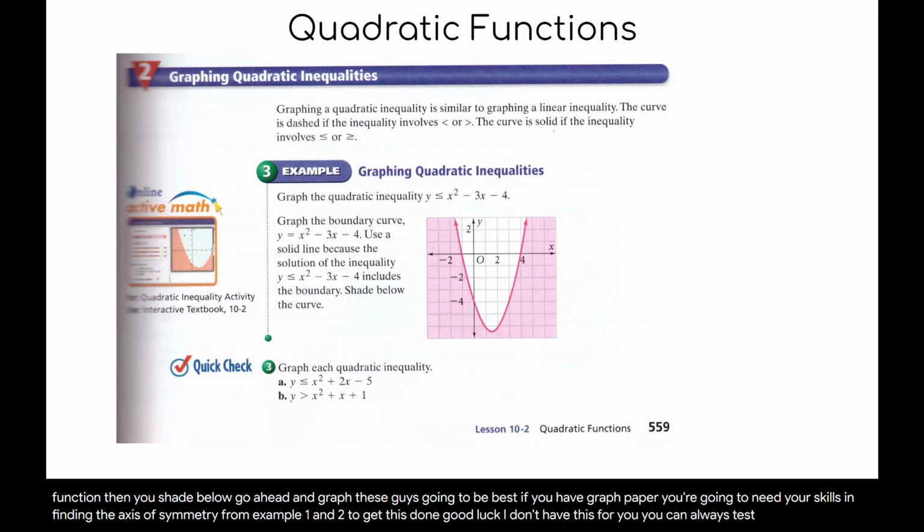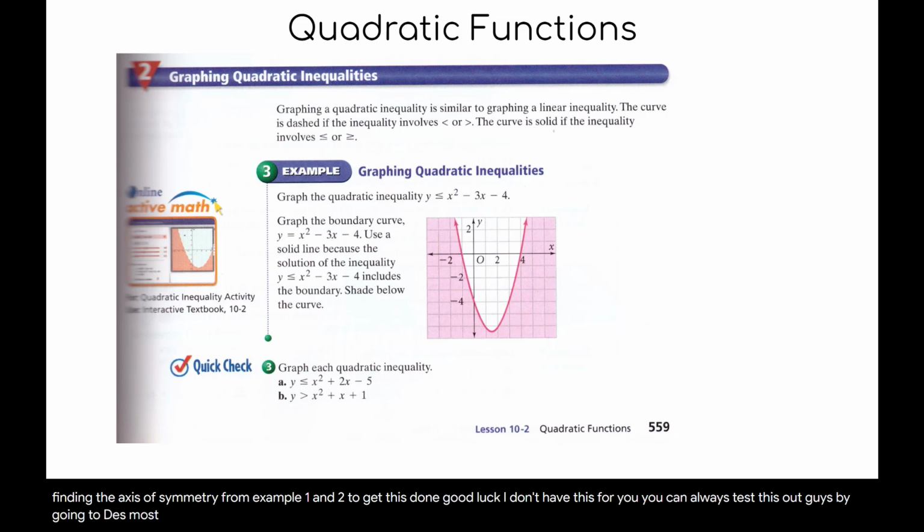You can always test this out by going to desmos.com and plugging in this equation to verify that you graphed it correctly. This is why I'm not doing it for you. I want you to know how to self-check these. Go to Desmos. Just do it. Okay, so